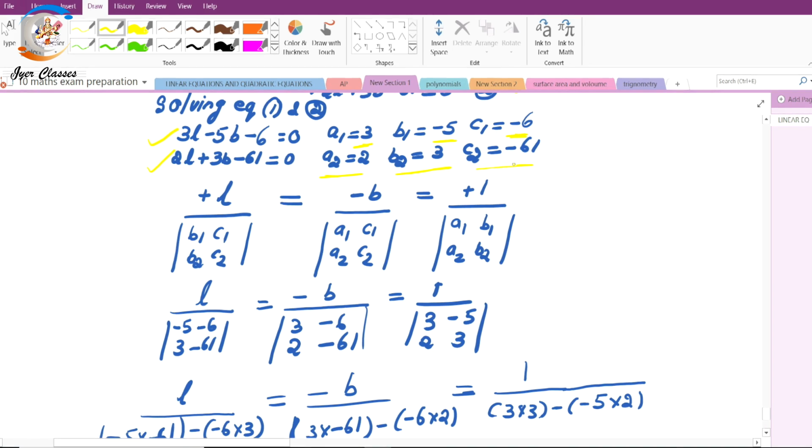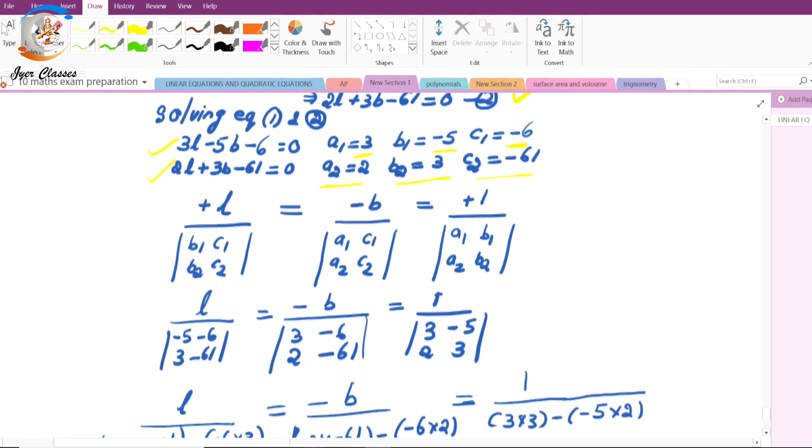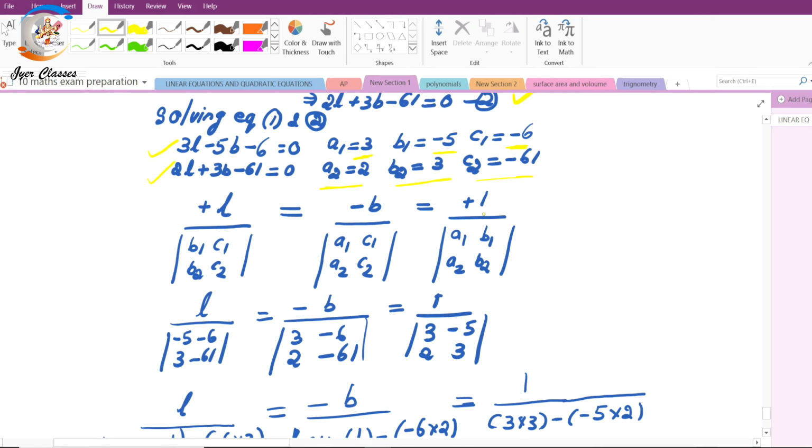Right. Okay. So for the cross multiplication, first I write L, B and 1. L के आगे आपने क्या लिखा, plus, B के आगे minus and 1 के आगे plus. Then determinant बनाया और क्या लिखना है, L यानी L को क्लोज करना है, बाकी को लिखना है. इसका मतलब we will get B1, B2, C1, C2 inside the determinant, right? Okay. अब next B के नीचे क्या लिखना है, A1, A2, C1, C2 and 1 के नीचे क्या लिखना है,